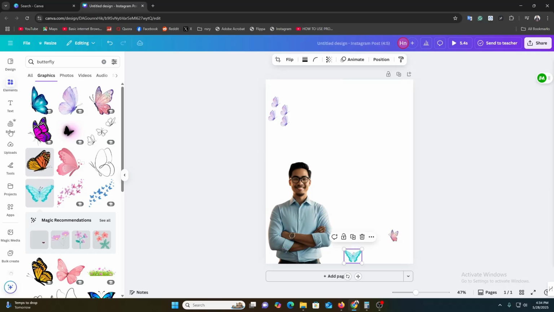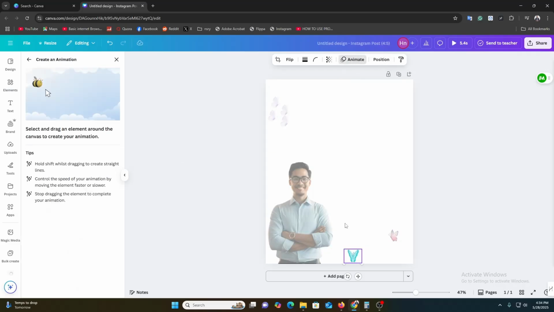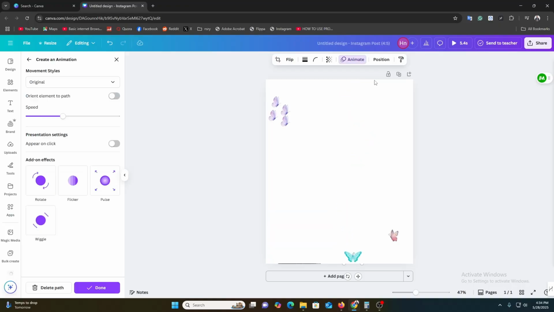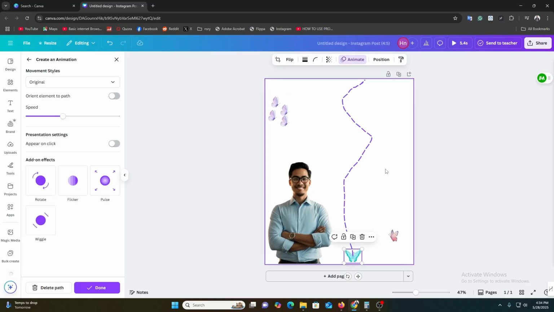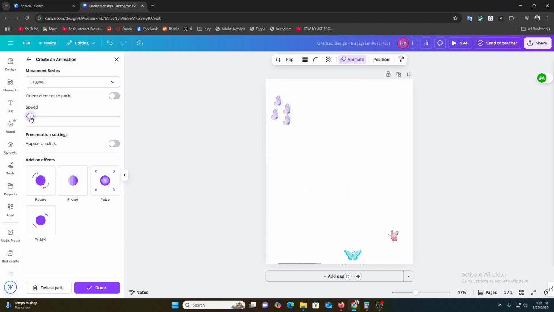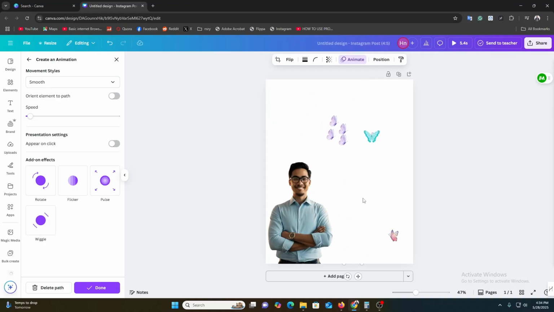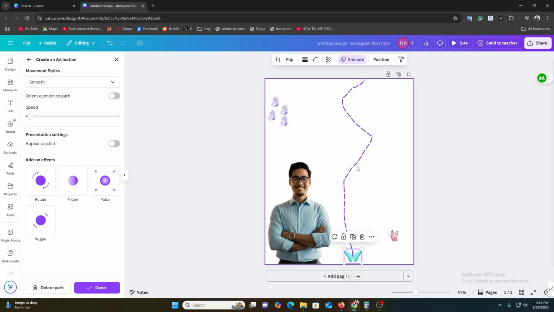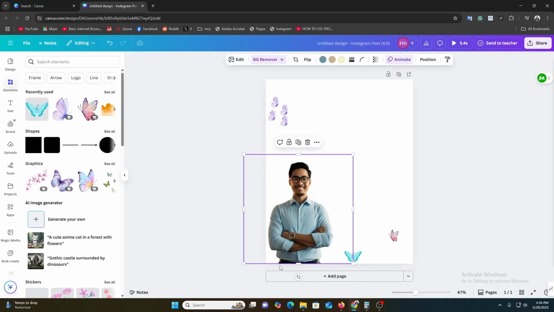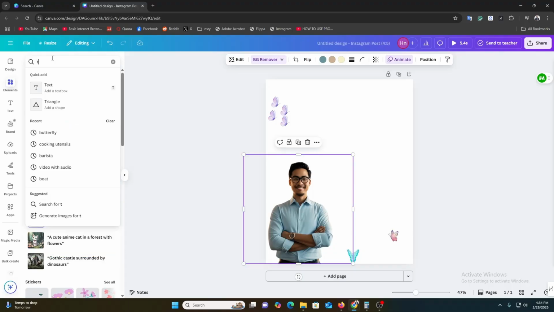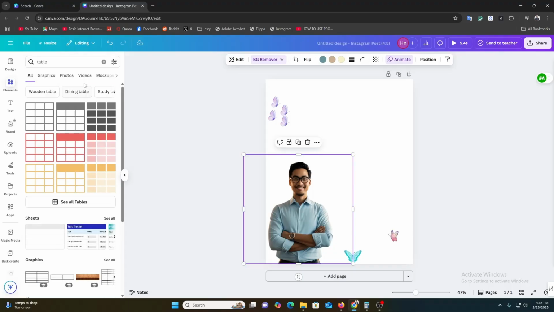So here if I add animation, it will be more gorgeous. Like, let's add it, and now you can eventually see it looks really amazing right now. I hope this was really interesting for you. Let's find it out and make it smooth. So here you can see it looks like it is really flying. So you need to use it, and you need to find out elements which will be really amazing for your design. And here I'm going to add animation also, that will be table, and let's search it,